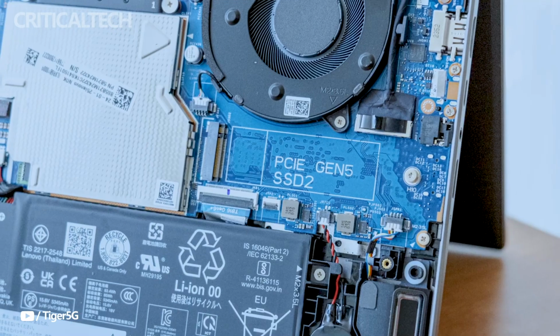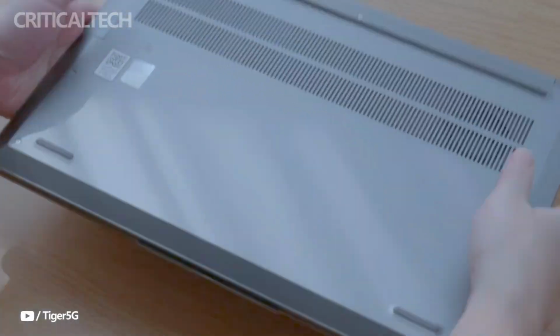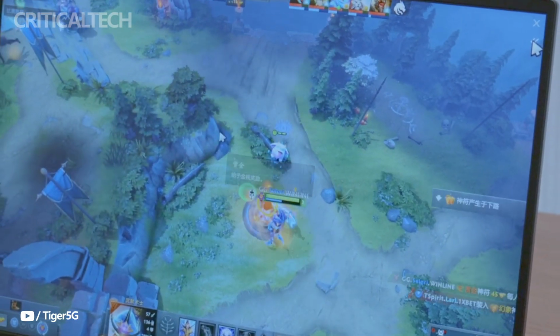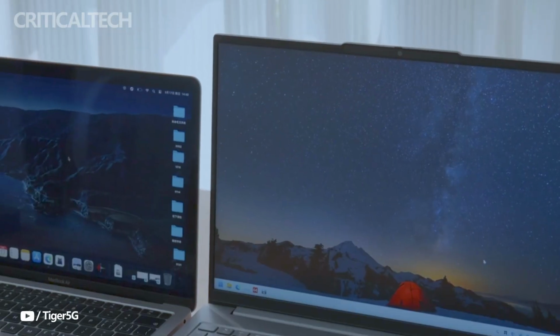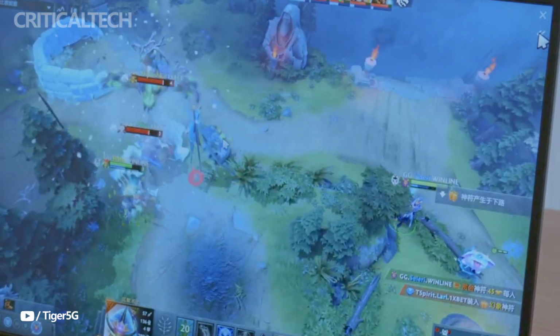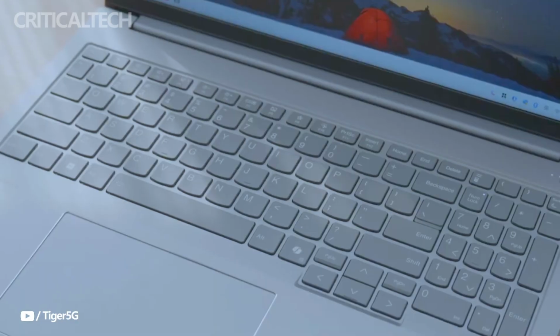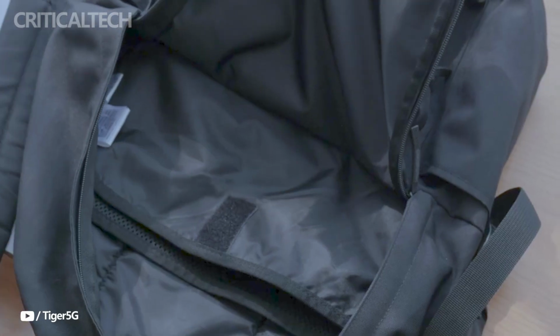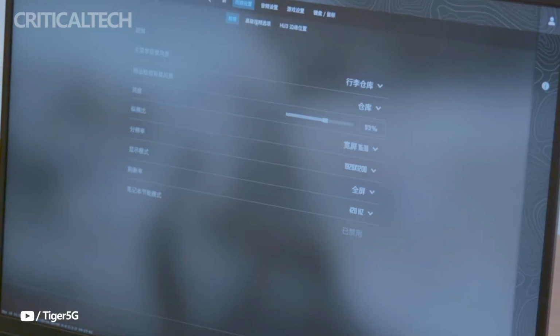The ThinkBook 16 Plus 2024 Core Ultra 9 offers consumers the choice of integrated graphics or an optional discrete graphics card, the RTX 4060, as one of its standout features. With this option, users can customize the laptop's performance to meet their own requirements. For tasks such as video editing and gaming, opting for the RTX 4060 discrete graphics card can provide enhanced performance